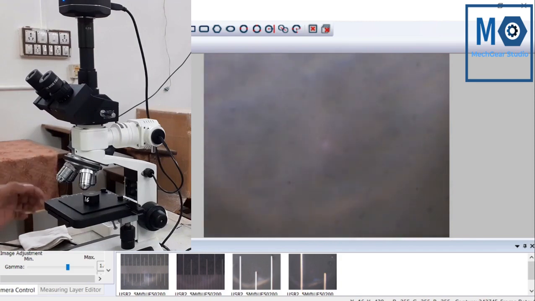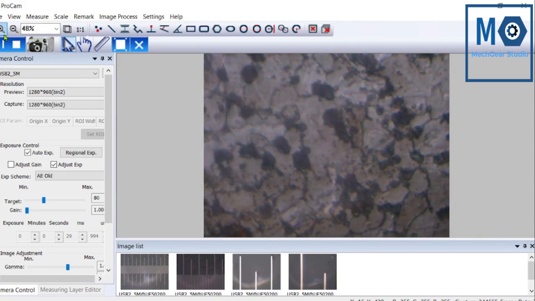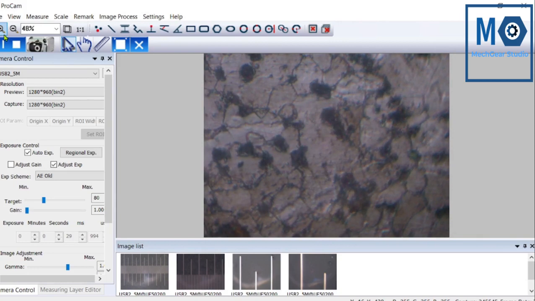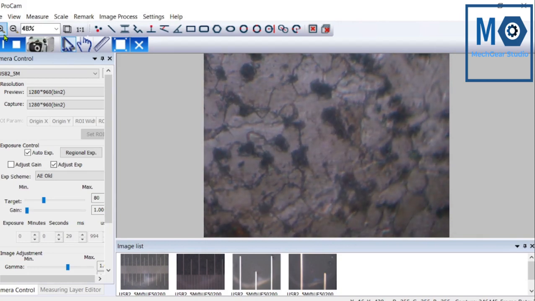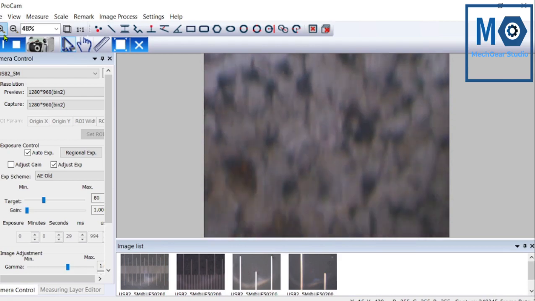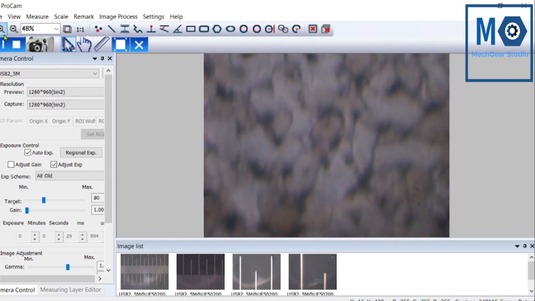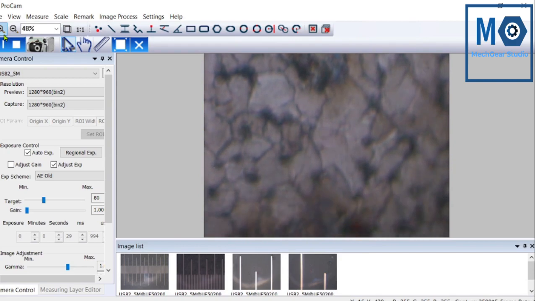Now we will observe one specimen. It is medium carbon steel and case hardened. Case hardening is applied on the surface of the specimen. 400x magnification is applied for this microstructure.